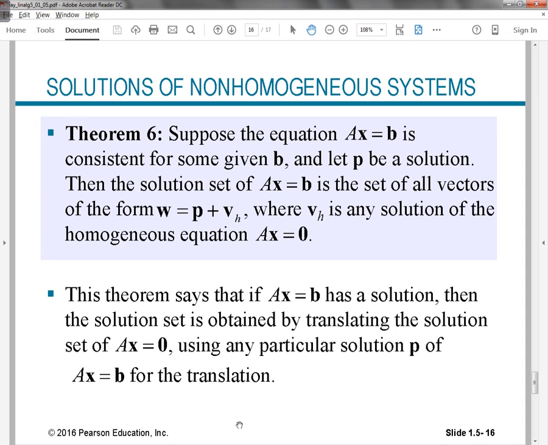But typically, when you have no information about what this particular solution P is, I mean, the usual case is I'll just give you A and B, right? So there is no information like the particular solution P there in that case, right? So in that case, you have to just solve AX equals B by constructing the augmented matrix A and B, right? So it's really going in the same way.